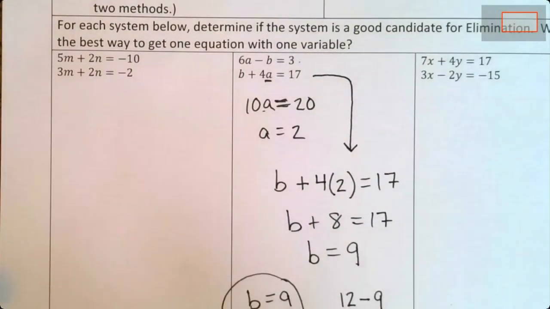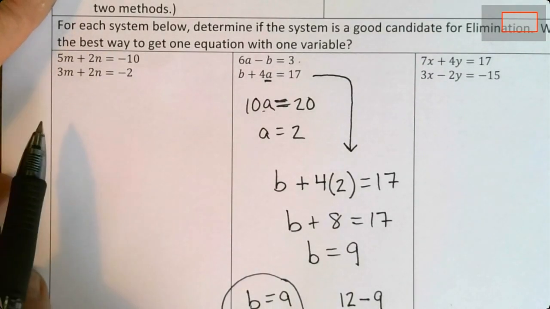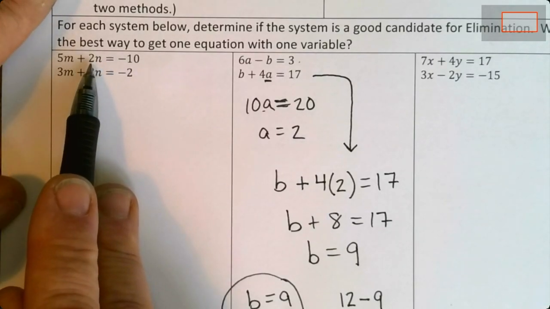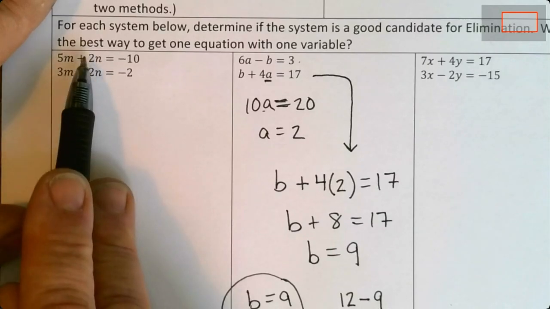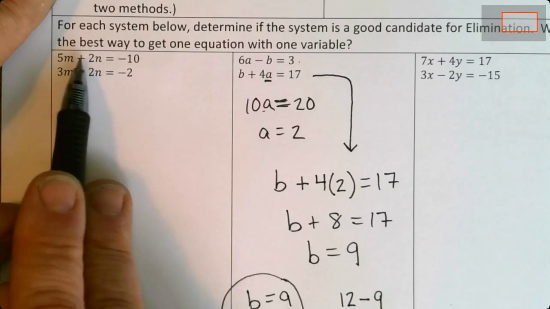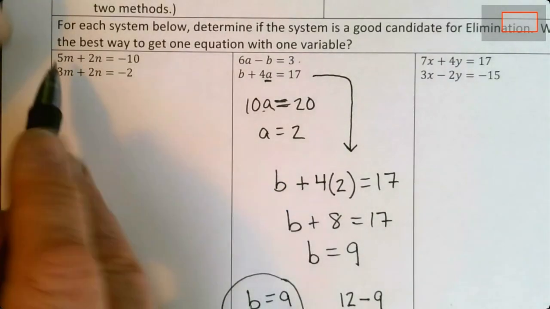On the first one, we're very close to having this set up so that things will eliminate. However, you'll notice that I have both a positive 2n and a positive 2n in each of them. But I want one of my variables to be the opposite of the one in the other equation. So in order to achieve this, I'm just going to take this top equation and